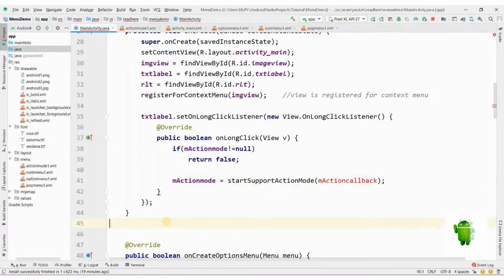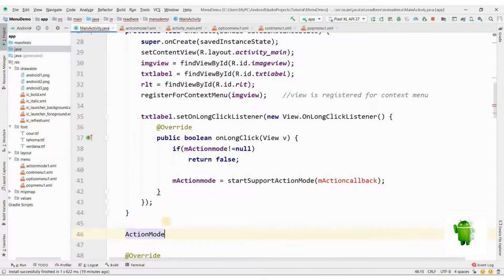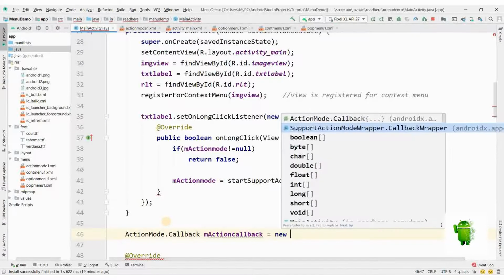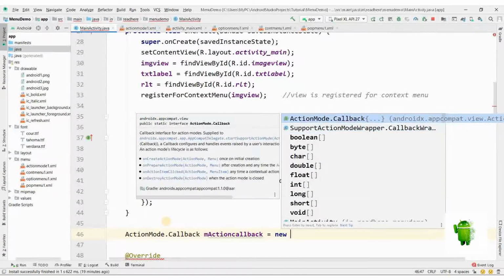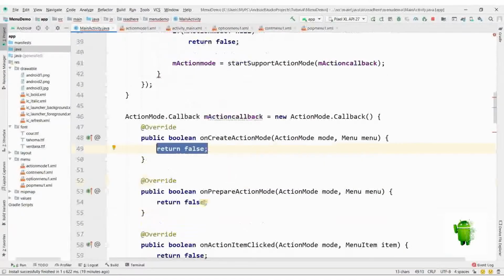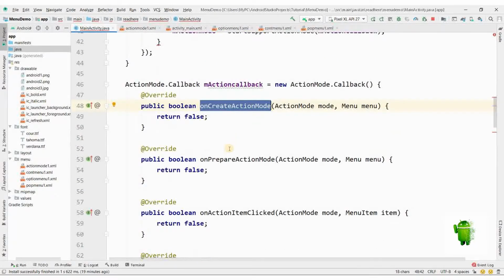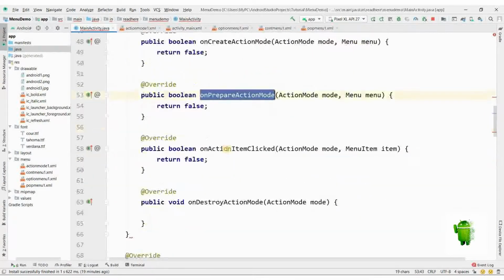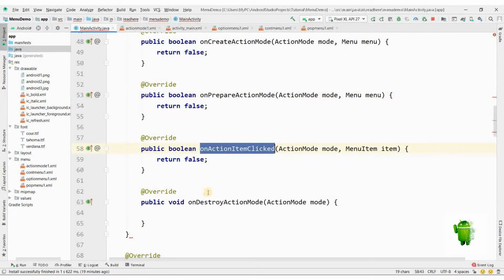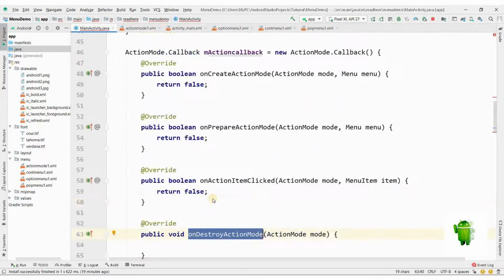Here after on click listener we will implement action mode callback. We'll create the object name action callback is equal to new. We'll choose action callback and it will implement 4 methods: on create action mode, on prepare action mode, on action item click listener, on item clicked, and on destroy action mode.